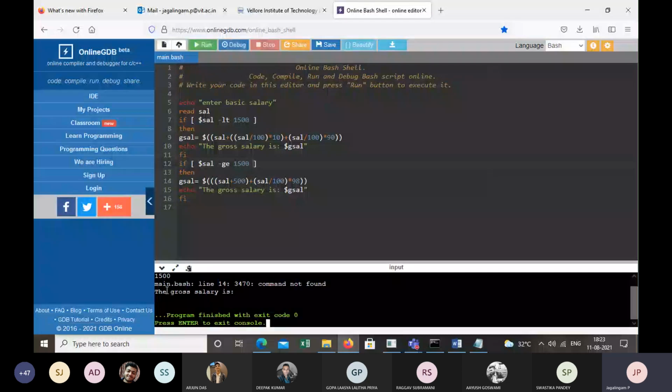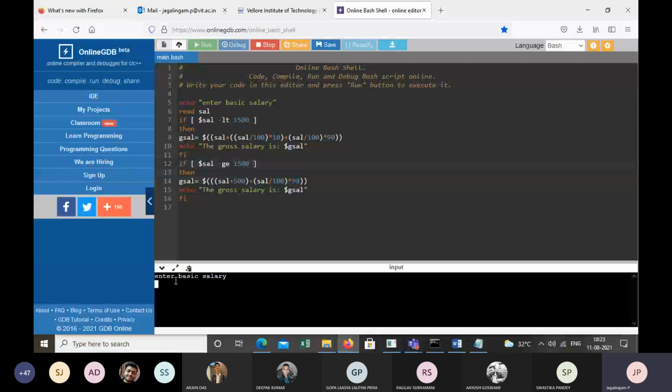No, again there is a mistake in line 14. I think there is some mistake in the formula. Can you check? Sir, there are uneven brackets. Left bracket is 4 and right bracket is 3. Okay.